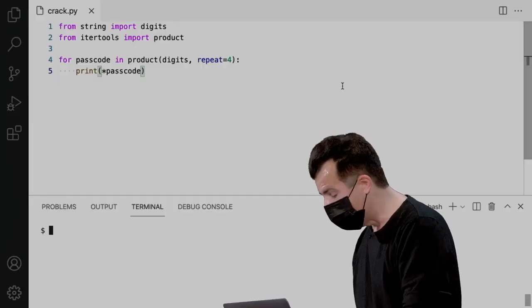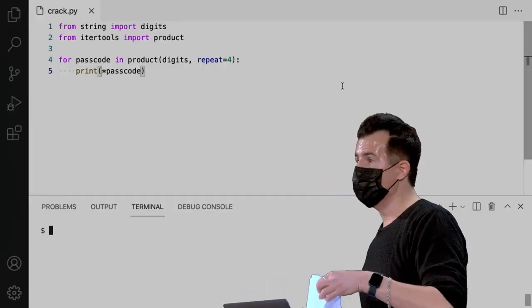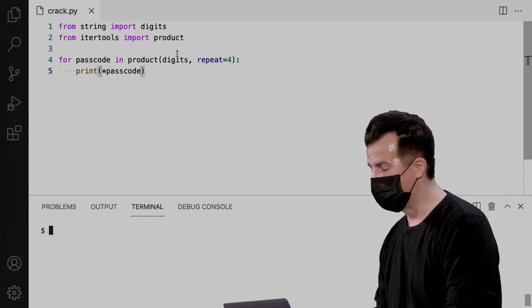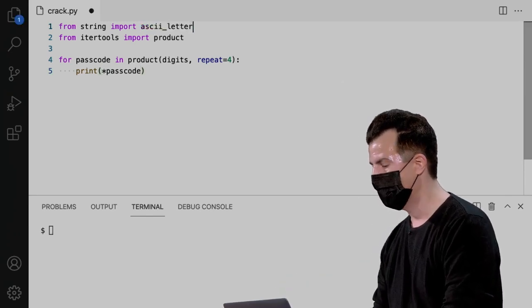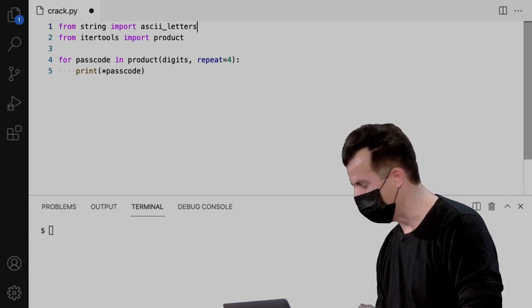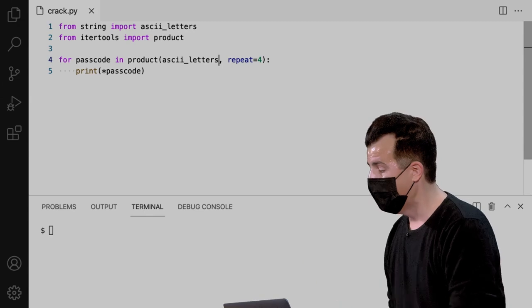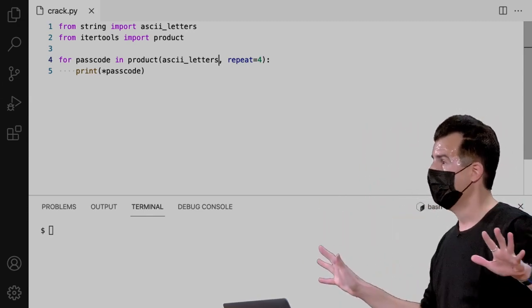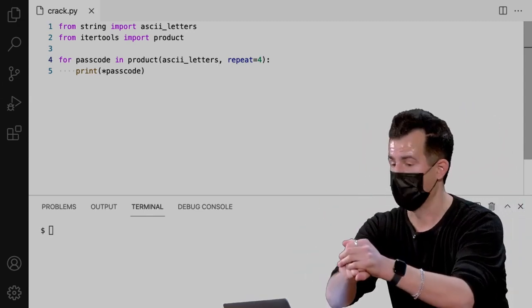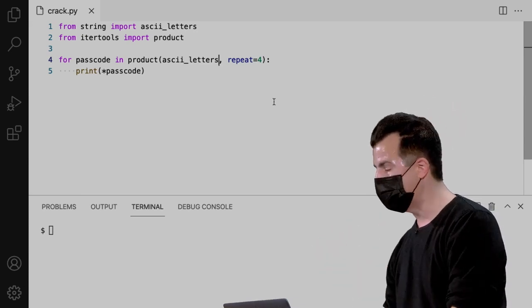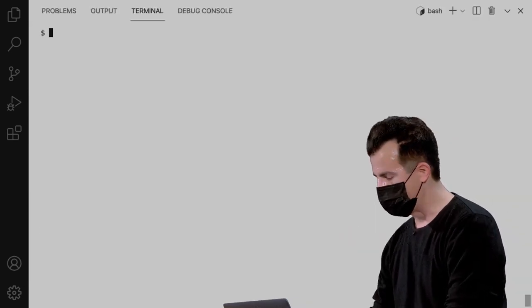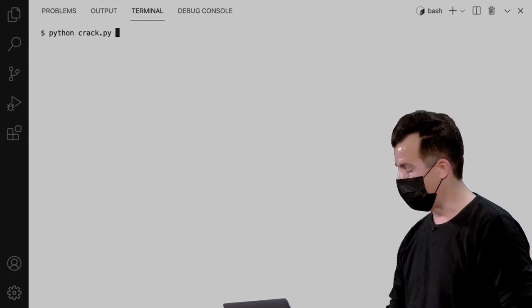Well, let's consider exactly how fast or slow it might now be. Let me go into my crack.py program, and let me make a little tweak so that instead of just using digits, this time I'm going to use letters, otherwise known as ASCII letters, as CS50 students will know. That just means familiar English letters of the alphabet. And I'm going to change my code to use these ASCII letters, 4 of them still, instead of digits alone. And that's the only change. Now I'm going to pretend to plug my phone that I just stole from someone into a USB or a lightning cable. Let me maximize my window just so we can see things a bit more. Let me run Python of crack.py now.